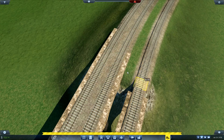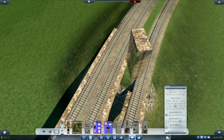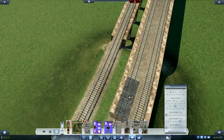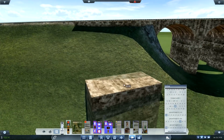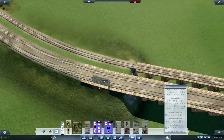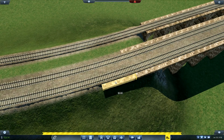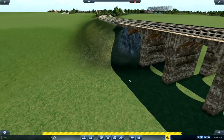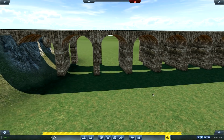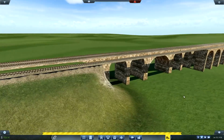That's not nice though. Might need to overlap there. I don't think we're on a slope. Oof. Oh wait, do we need... Yeah, we'll need one there. How's that looking? Better? I think it's better. Oh, I don't like that. Look what's happening. Do without. Just don't look there. Quick. Hide it with bushes. Oh, and now we're a bit lopsided there. That's unfortunate. We'll sort that out. Because now we've done this, we don't need to...